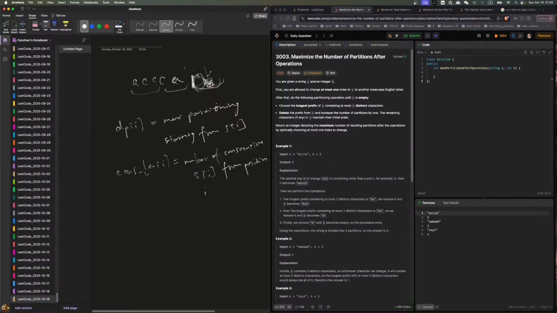So to know the uniques in here, I think there is a way to get the uniques here. We can say every time we start, we just like the uniques up into here. The uniques up into here. So it's like a prefix unique, right? The prefix unique. So the prefix unique will allow us to know how many uniques are here. So once we know that,